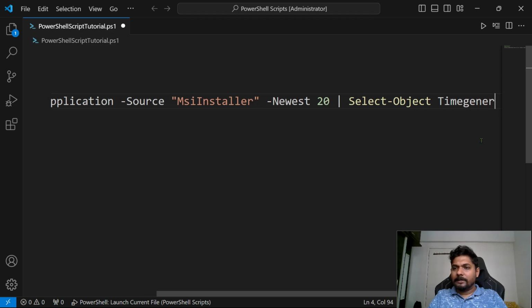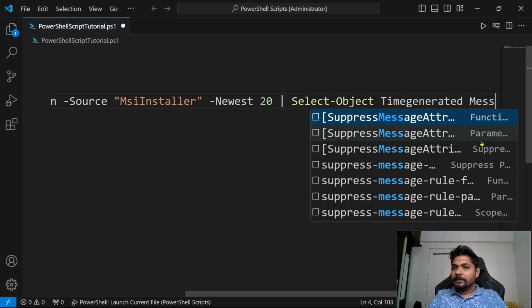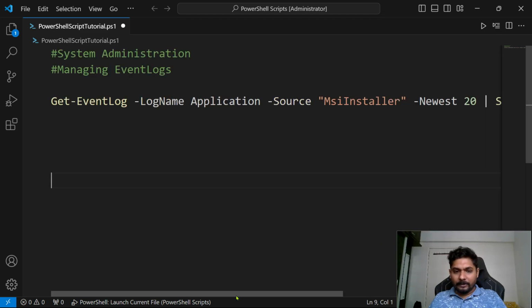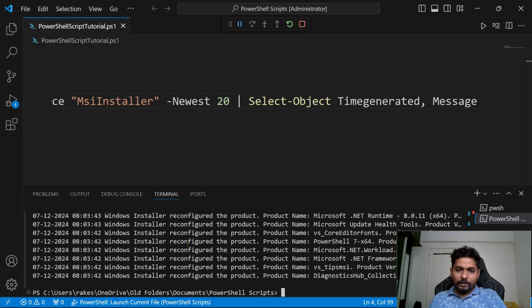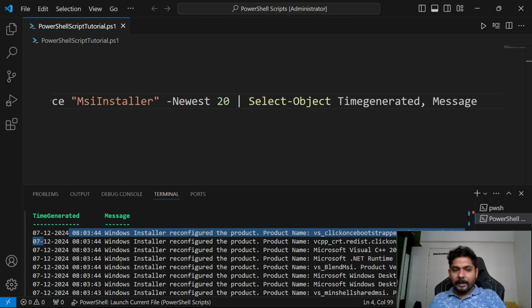Time generated, and the other one I want to see is the message. Okay, these are the two things I need. So I feel I need to put a comma. Let's see, run it. Okay, so what happened here is the time generated, at what time, and it tells you